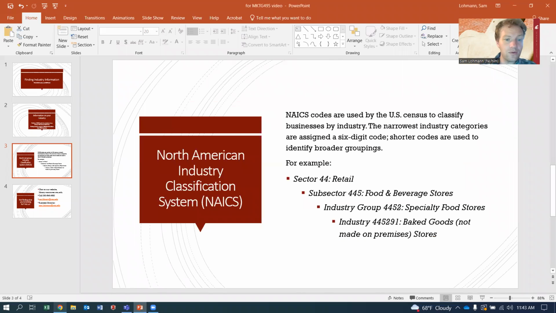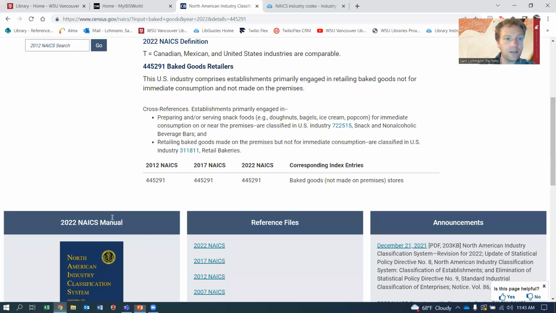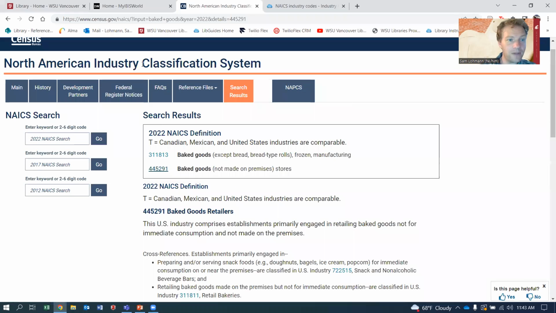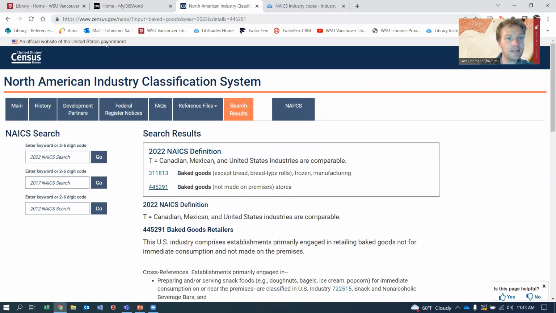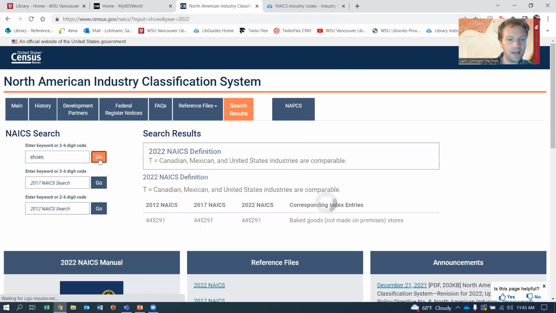So to search for a NAICS code, you want to go to the US Census NAICS site, census.gov/NAICS, and this is linked in the online guide for Marketing 495. And you can search by a keyword for a topic that you're interested in. So here I'm looking at the one for baked goods, but let's say we're interested in shoes. I can just type that in and hit go.